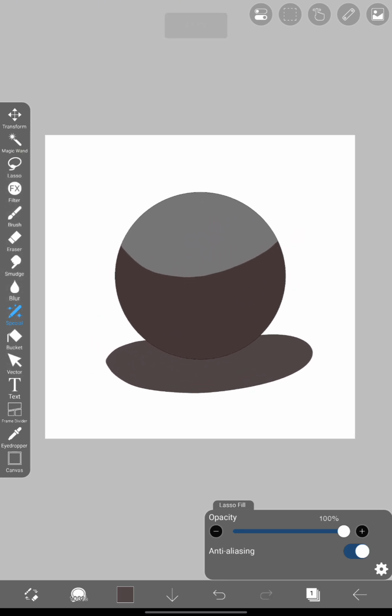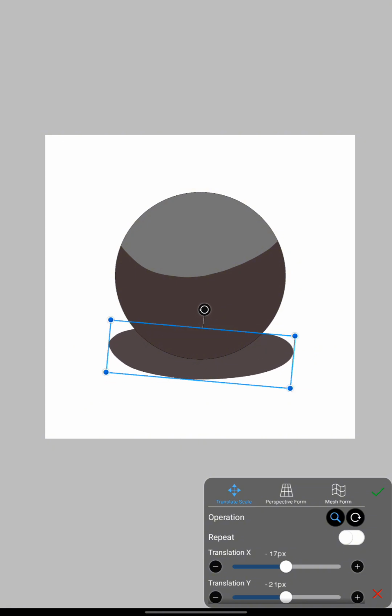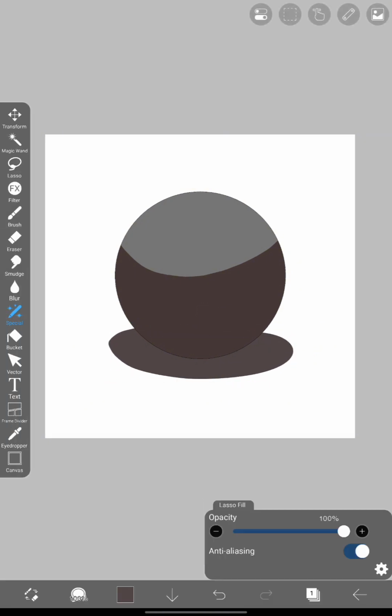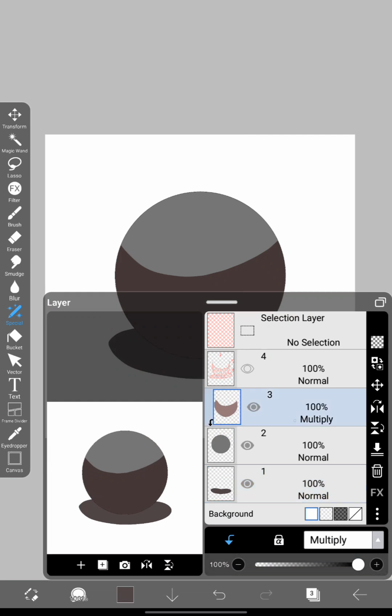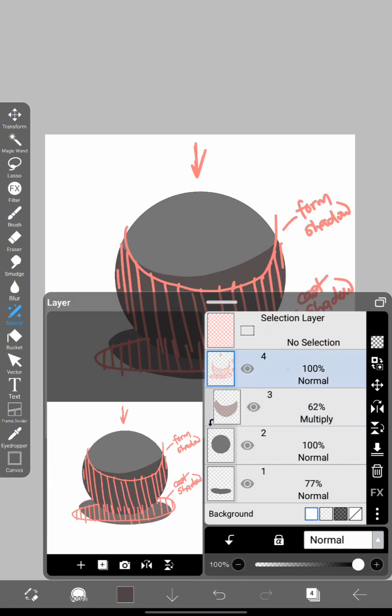So once you've done this, don't mind the background noise, rain is falling heavily here. So once you've done this, this shadow is too dark, I'm going to reduce it a bit. Same with this one. So once you've done this, one thing you need to know about form shadows is